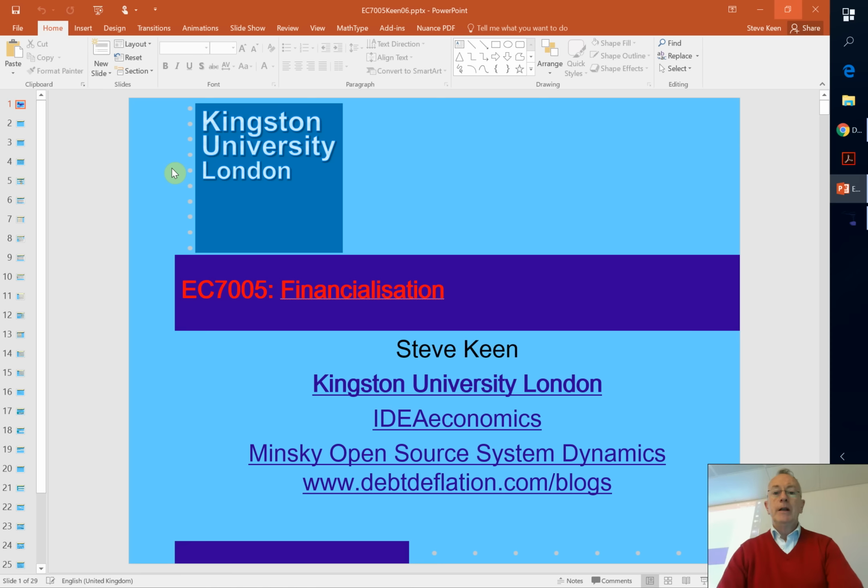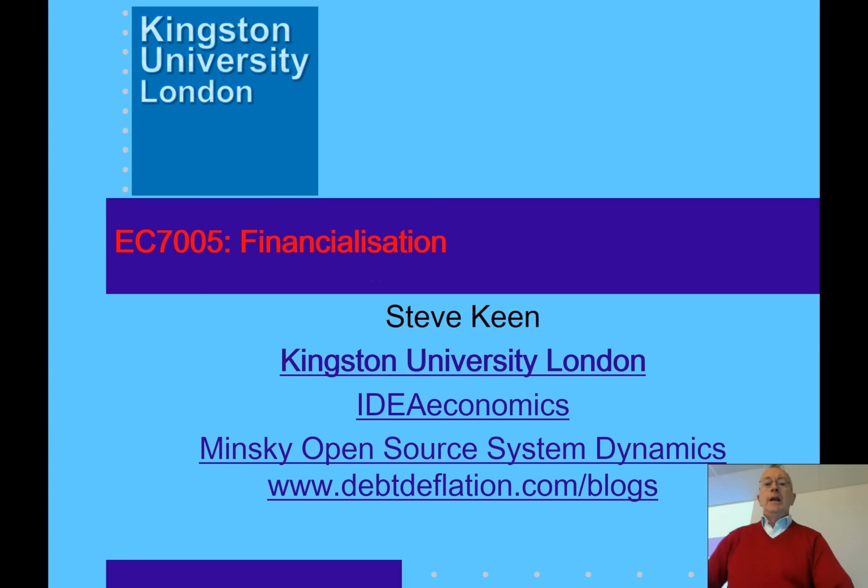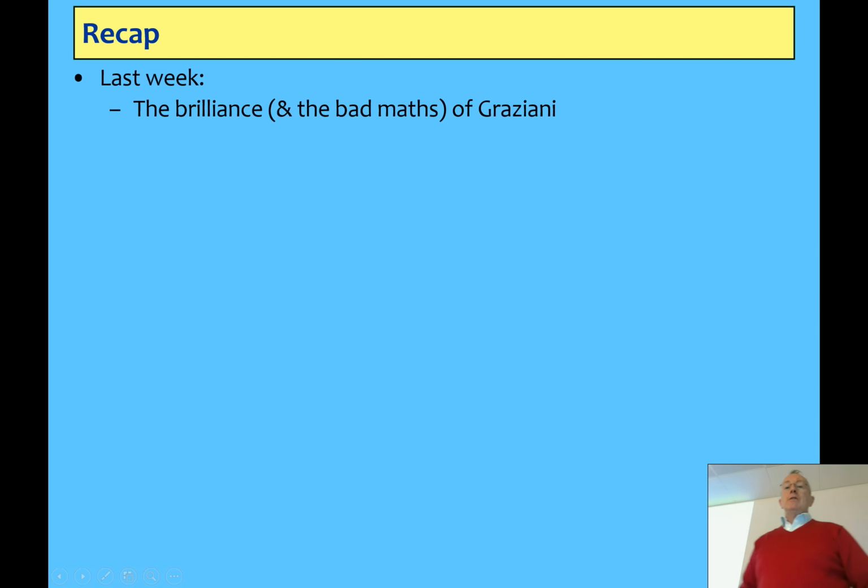Let's go back and start the lecture, and then I'll head over and we'll use Minsky in anger on this whole issue of money. Last week what I went through was Graziani's, what I see as quite brilliant insights but lousy mathematics. That's one of the things which tends to affect non-orthodox economics, because people who don't understand mathematics, i.e. neoclassical economists, do what I call mythematics, not mathematics.